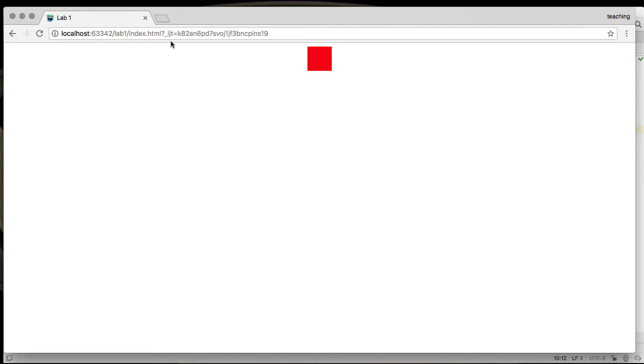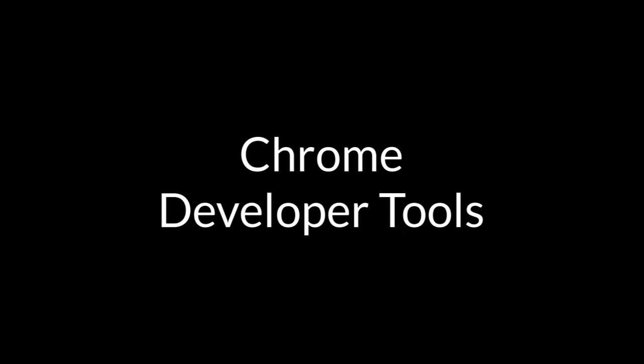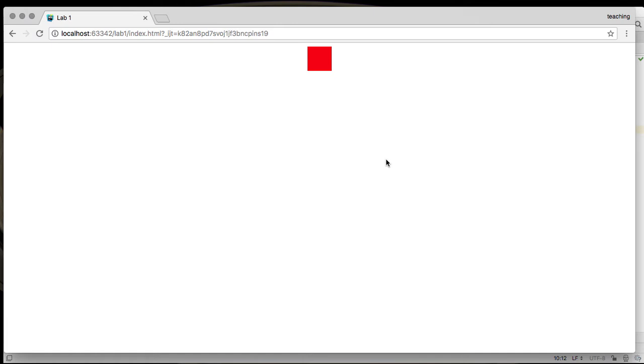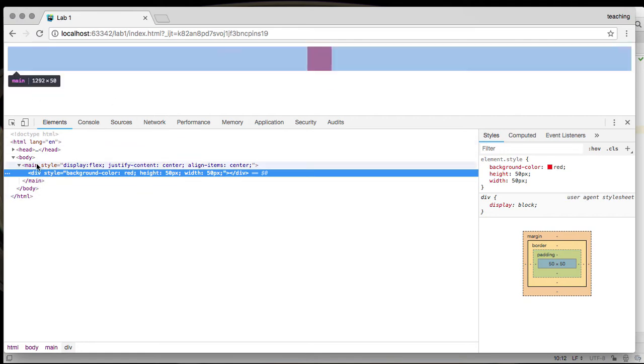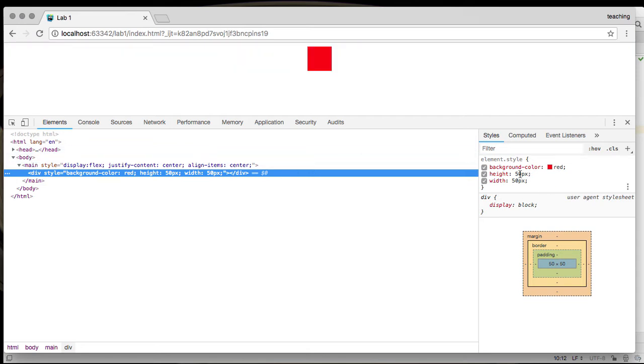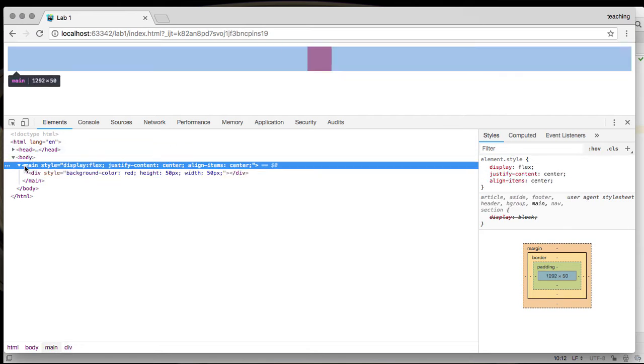So you notice our square is centered in the browser window horizontally, but it's not centered vertically. Now why is that? Well, let's inspect. With Chrome we have developer tools, and we can reach these developer tools in several ways. One way is we can right-click on the HTML and use inspect. Now when we inspect, we can see the sizes of the elements, their padding, and we can see their style properties over here. So we want to look at our main flex container we have up here,